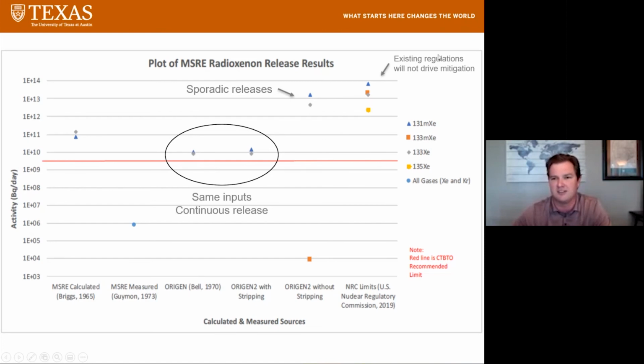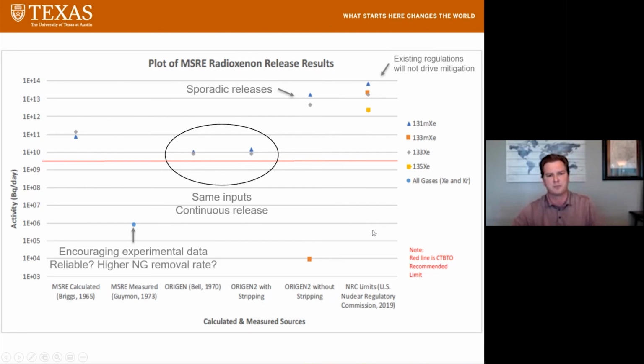The next thing we see is that existing regulations in the US are not going to drive the mitigation where they sit now. So all of these values are below that for a 5 megawatt system. So if a commercial system were brought online with a few 100 megawatts, we're still not looking at bumping up against the regulations with the MSRE abatement systems. There is some encouraging experimental data. This measured value published in 1973 of the activity of all gases coming out the stack,